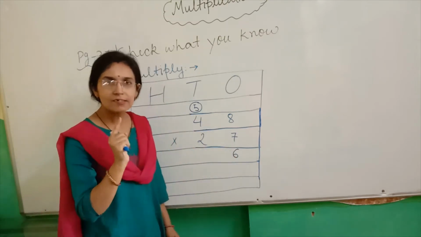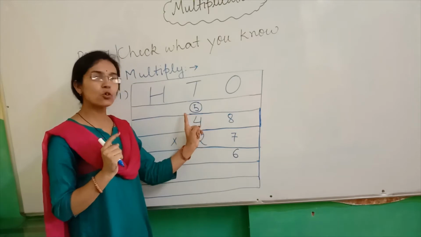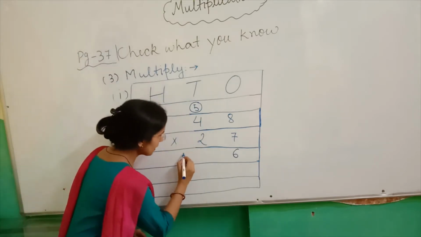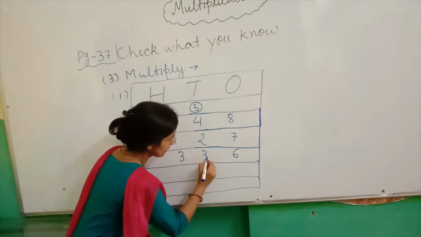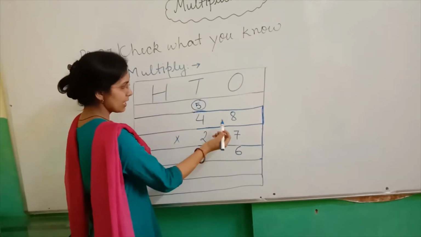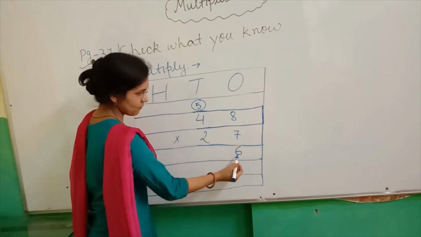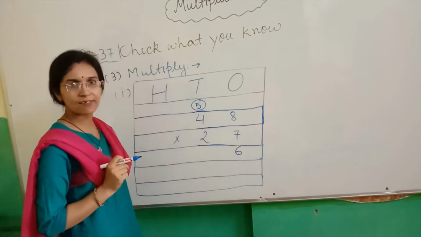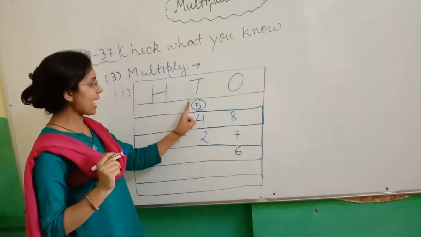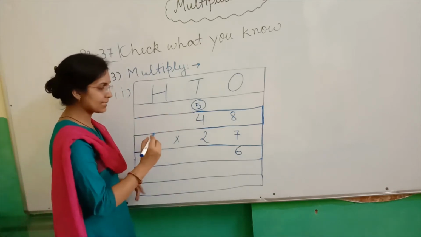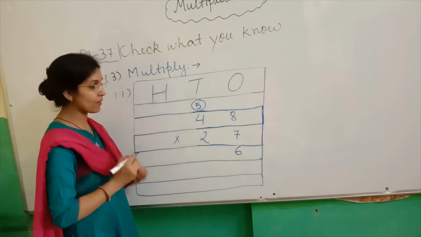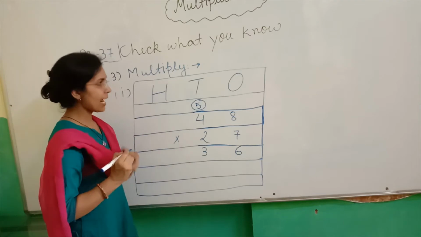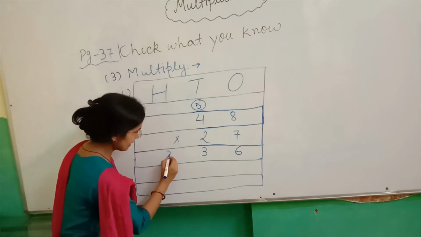Now 4 multiplied by 7. It is 28. And this carry over we will add to 28. So 28 plus 5 will be 33. We have already explained 8 sevens are 56, 5 is carry over. Now 4 multiplied by 7 is 28, children, and 28 plus 5 is 33. So again we'll see the place value. We'll write down 3 at the place of tens and then 3.